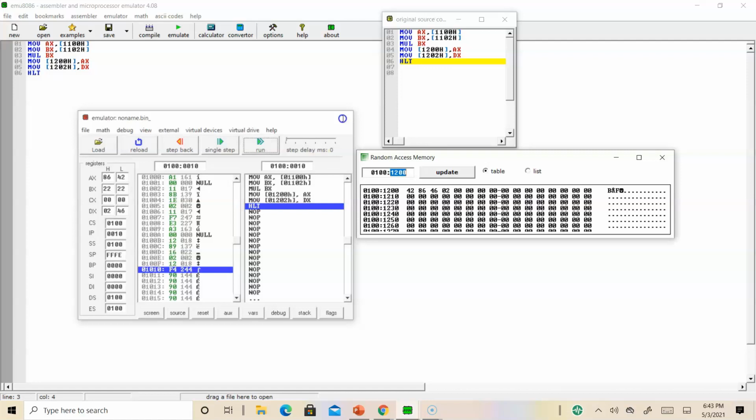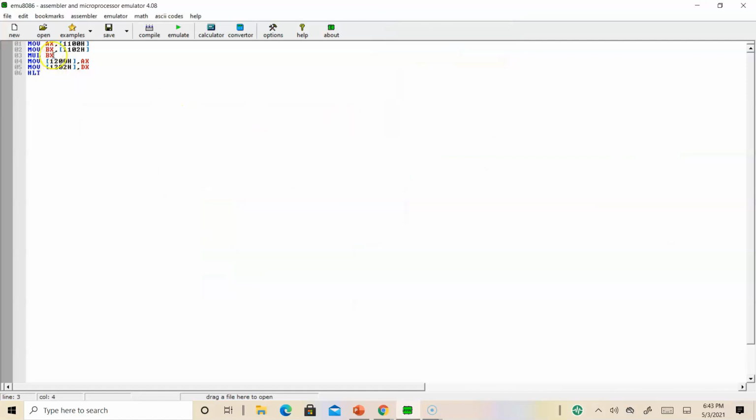It is not necessary that you always have to use BX register, because in many of the examples they keep only BX register. You can use any register or any memory location to get the second operand. So I can use CX also. If you change this BX register to CX, it is not necessary to change AX and DX, because by default the result will be stored in AX and DX.